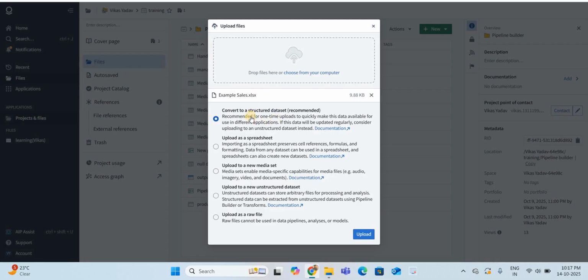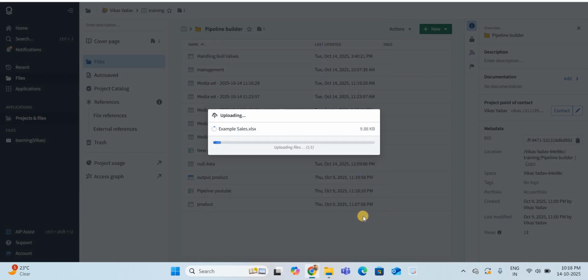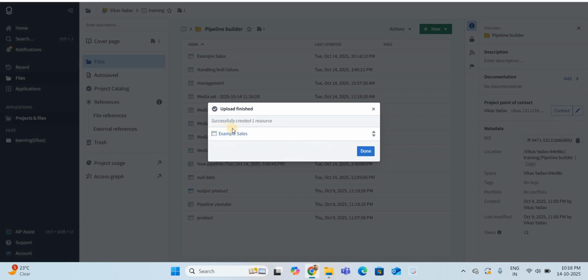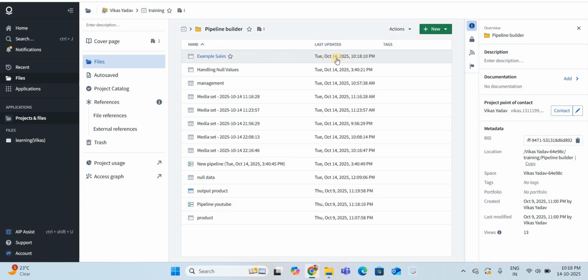Now if you upload from here in Palantir Foundry first, it is structured. Let me upload it. It is getting uploaded. This is my dataset name, example cells. This is the dataset, just now on 14 October. See, it got uploaded, right?